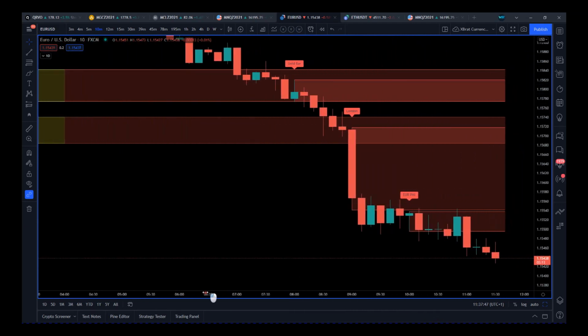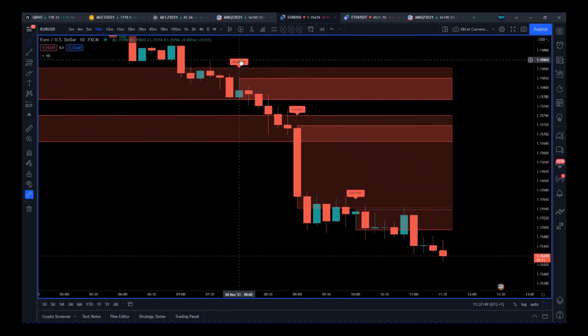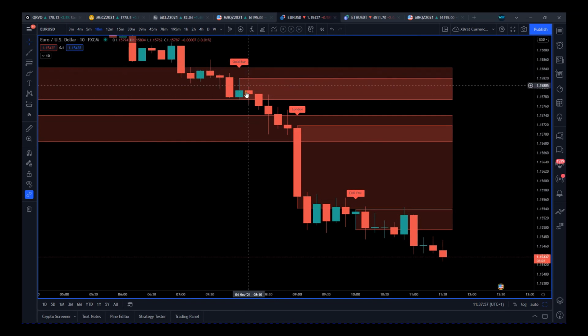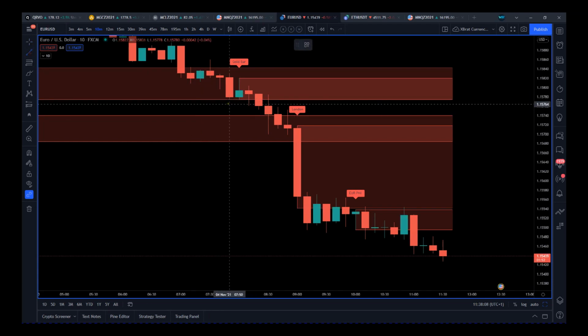So we go into today, we get the gold European pit open here. This is the range. It's colored in red, the tag is in red, so you're only looking for a short to break out of that range, and look where the bottom of that range is as well. That's the New York gold pit open range as well. So we're looking for the short just underneath here. And our entry is very, very simple,